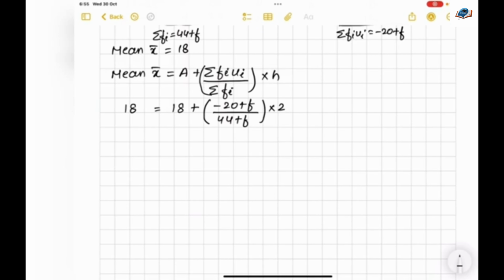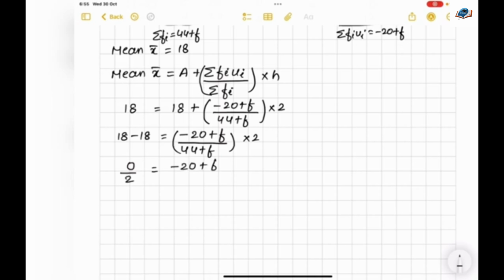So if I take 18 on the left hand side, 18 minus 18 equal to minus 20 plus f upon 44 plus f into 2. So 18 minus 18 will be 0, by 2 equal to, 2 I have taken on the other side,